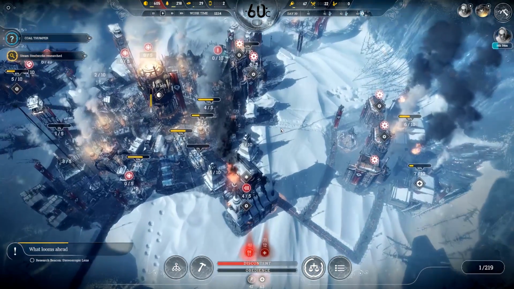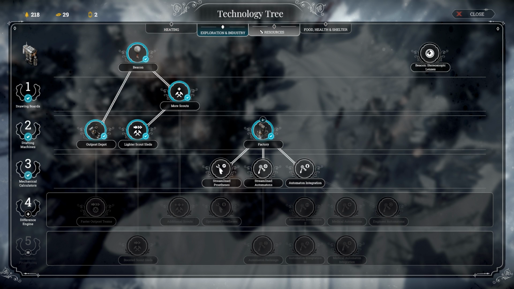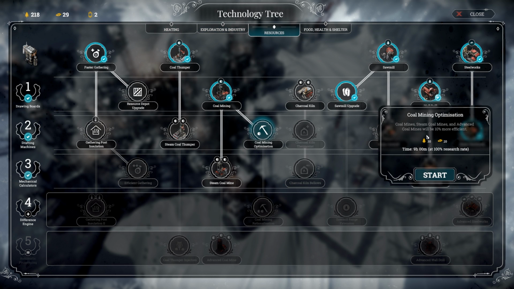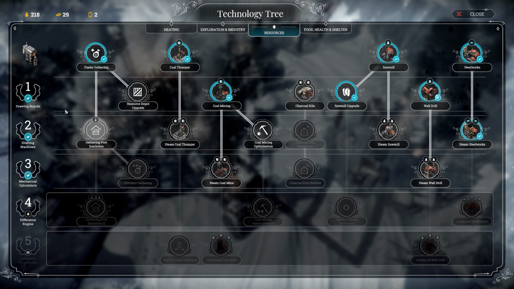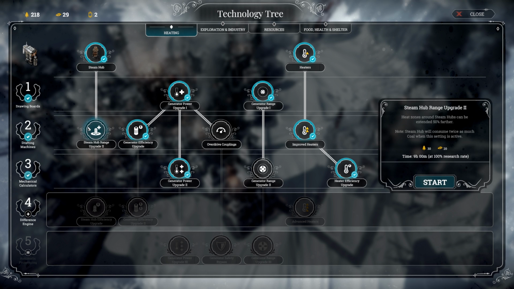We'll stay on the slowest speed because I want to get some stuff done, but we should get another research complete here. Maybe coal mining optimization? Coal mines, steam coal mines, and advanced coal mines will be 10% more efficient. 10% is not a lot. I don't really love it. We've got gathering post insulation, which could be useful. Maybe steam hub range upgrades? They will consume twice as much coal when active. Maybe generator range upgrade allows us to turn the generator range zone to an extended setting, but again, that's just